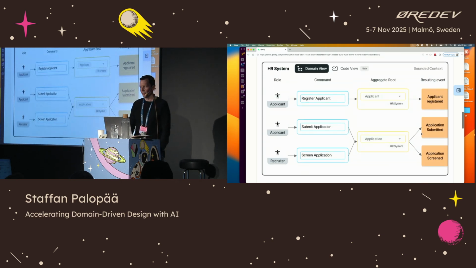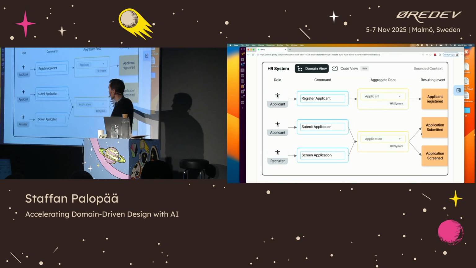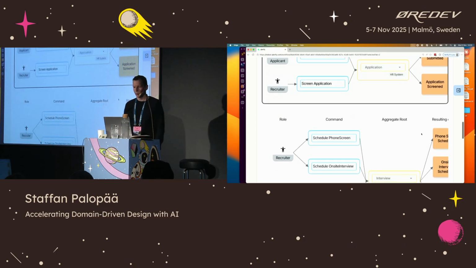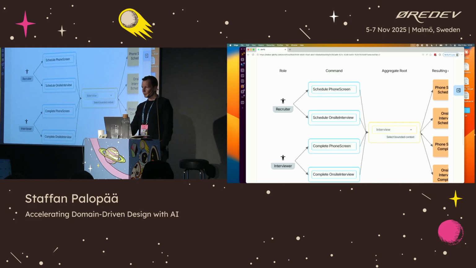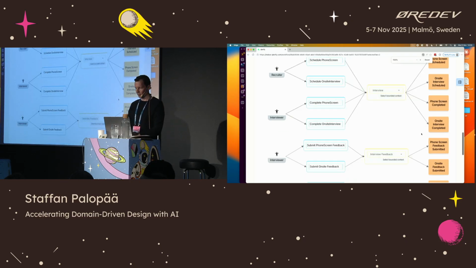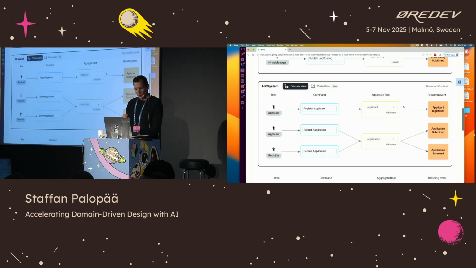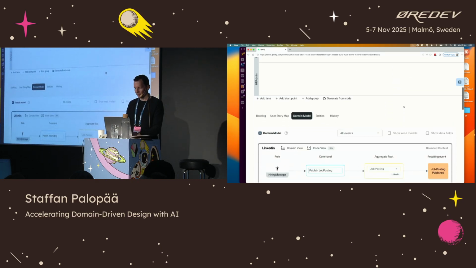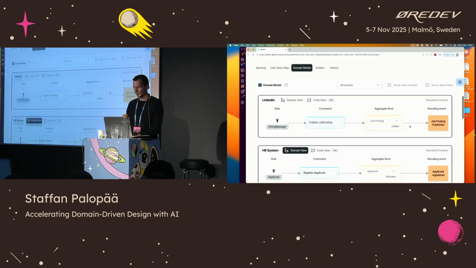But we have the HR system that holds the applicant and the application. That's in the HR system. And then we have other information objects that have not yet received a home where they can be. So this is the domain model. And of course now we can